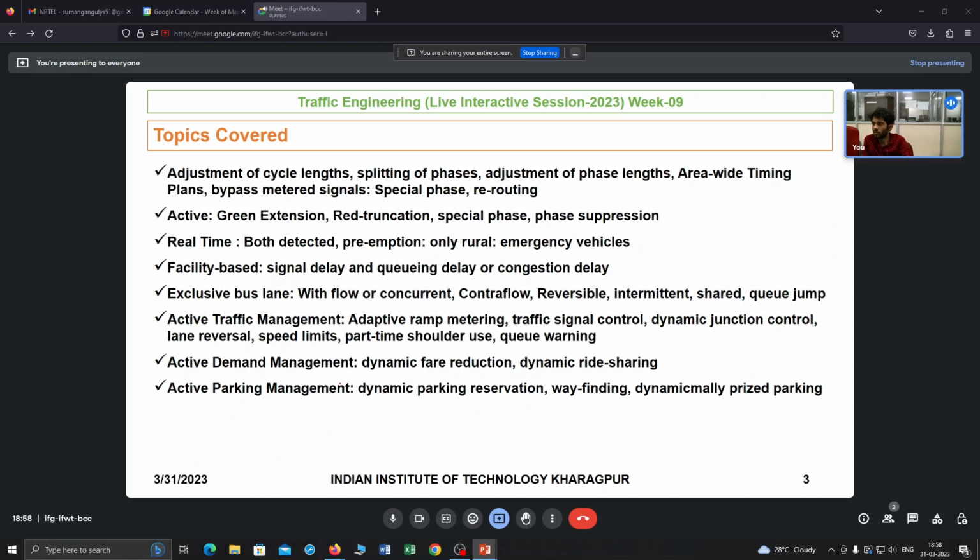So now, for signal or passive signal adjustment, what kind of interventions can one do? So either you can change your cycle length. In the signalized intersection module, we know how to design an optimal cycle length, right? Using the Webster formula, using the